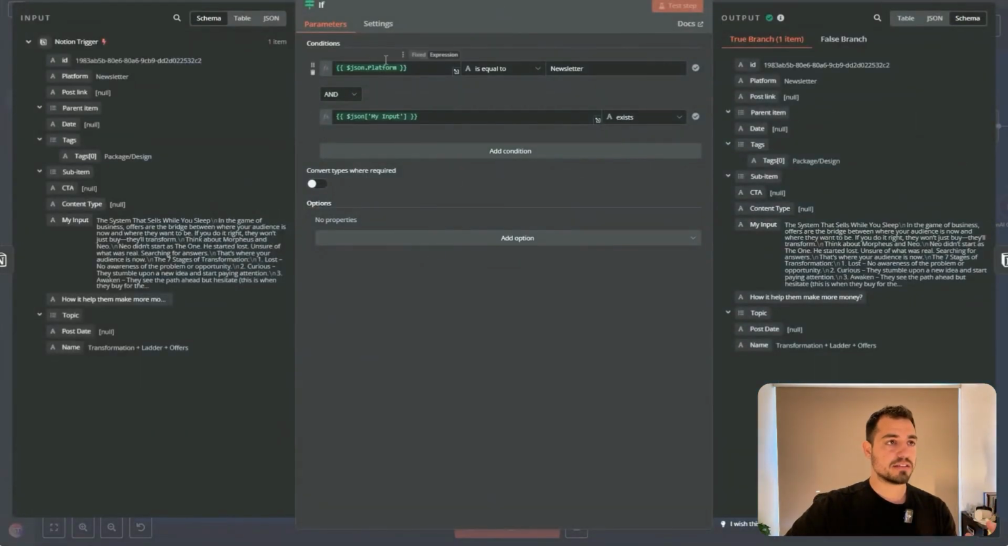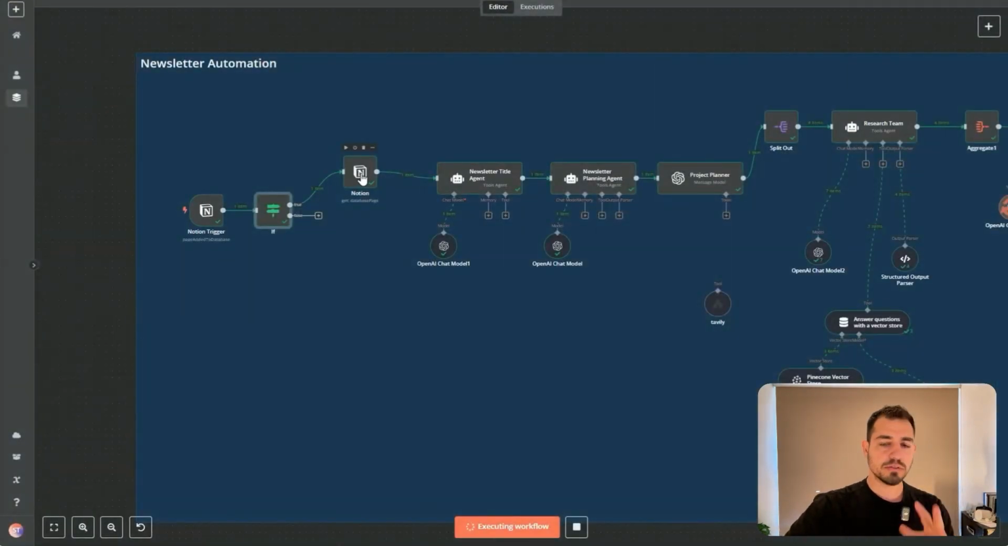Then it checks if the new page I've just created has the tag platform newsletter. If it does, and if it also has input, then it will continue to the next action. Now, the next action is very important because one of the things you find out when you run a team